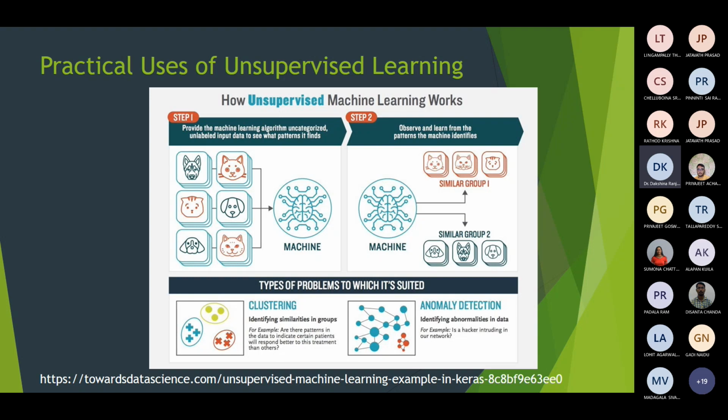Now we will consider the practical uses or some examples of unsupervised learning techniques. Let us consider a machine learning system that we have developed, which is an unsupervised machine learning system. What we know about the unsupervised machine learning approach is that it works in two different areas: one is clustering, another is dimensionality reduction.